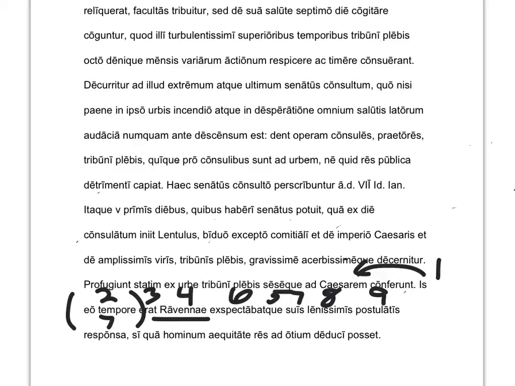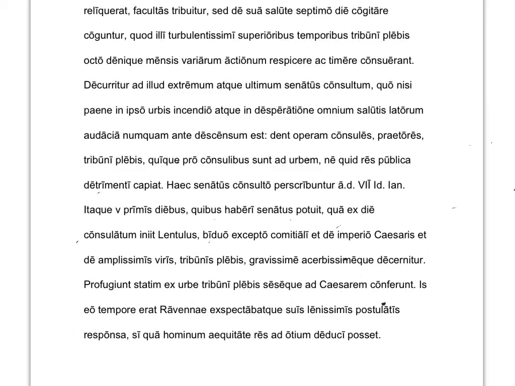So he at that time was at Ravenna, and he was awaiting replies to his most lenient demands. And the si qua there, we could idiomatically take as something like in the hope that. Okay? That might be our best bet, but we could just say if, or in the hope that if the